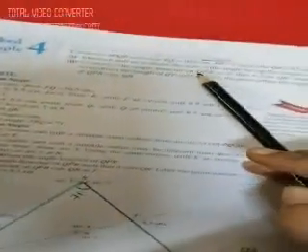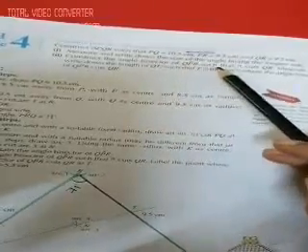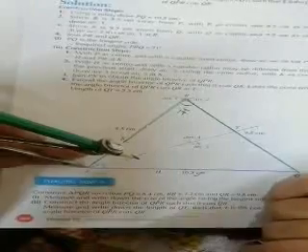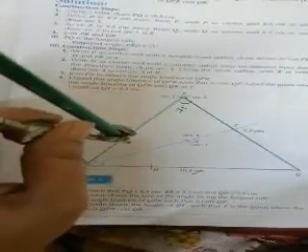Construct the angle bisector of QPR. Now we have to draw the angle bisector of QPR such that it cuts QR. First of all let's draw the angle bisector. See here, we are going to draw the angle bisector of P. So open your compass to a suitable radius and put the arc on PQ and PR. Let this arc be H and this be K.